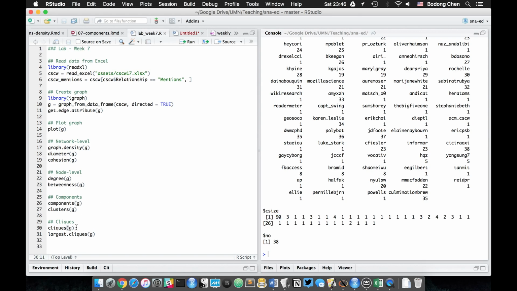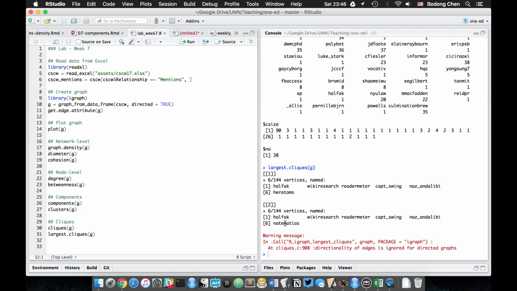So for the next part, doing clique analysis, similarly, you can run this line to find the cliques of the network. But in the meantime, you can also find out what the largest cliques in the network are by running this line. And what it returns is actually two. You can see there's one component here and there's another one here. Basically, it finds out there are two largest cliques with